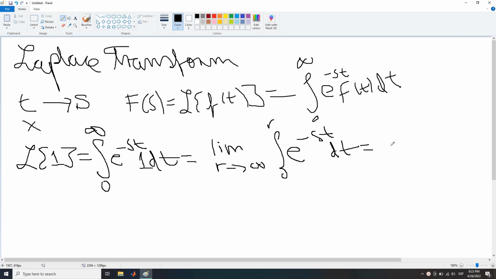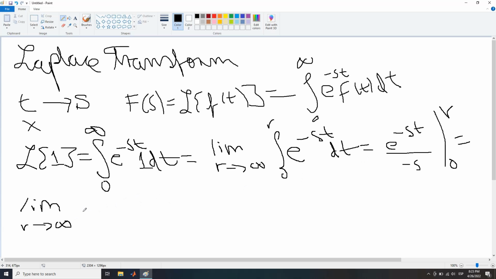This is equal to e to the minus st over minus s from 0 to r. So the limit when r tends to infinity of this e to the minus st over minus s evaluated from 0 to r is equal to